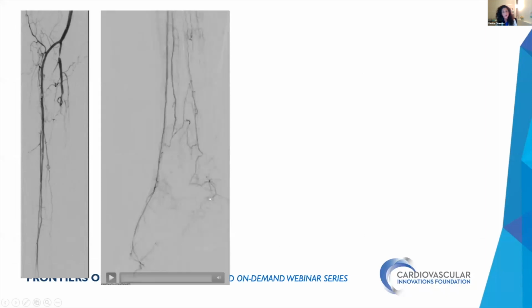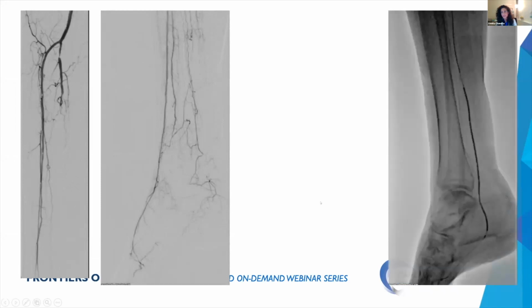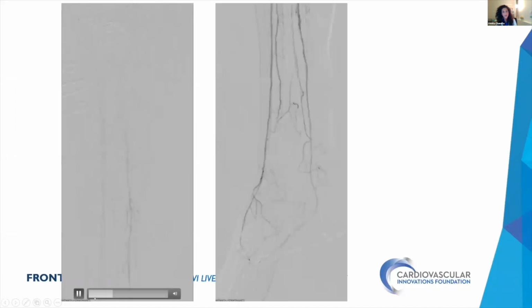And you can see here, much better flow. And because she failed with just an AT angioplasty, I just couldn't stop there. I decided to quickly get her posterior circulation as well. And here's her completion run with her AT and PT revascularized. And here's her foot arch. So I was pretty happy with this, and she really got out of rest pain, and so far so good